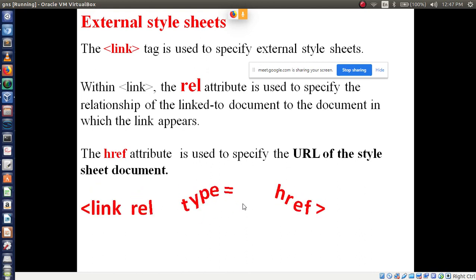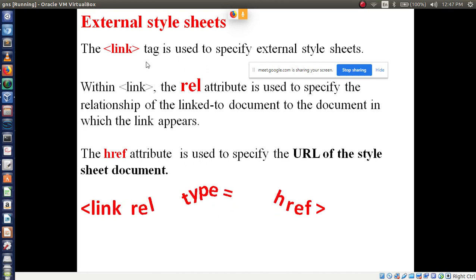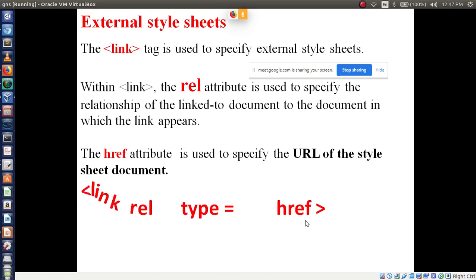Now the next one is, you just write link, REL, type and href. These are all main points. Don't write in detail, main points you have to write.